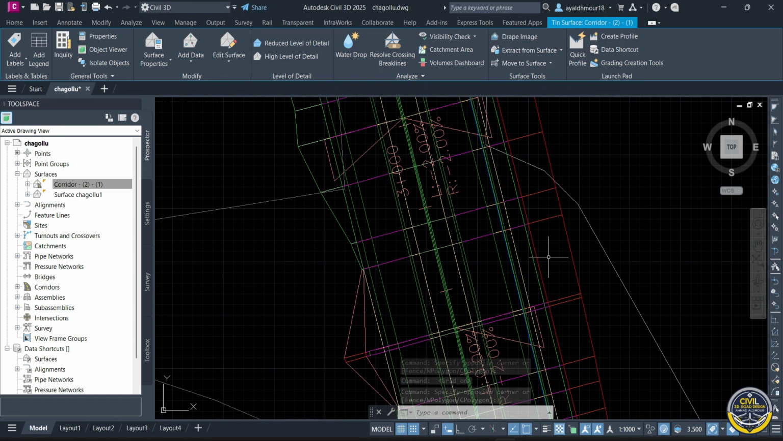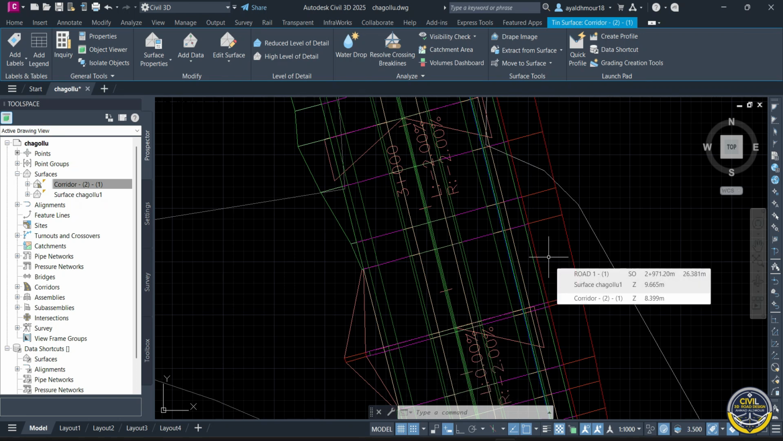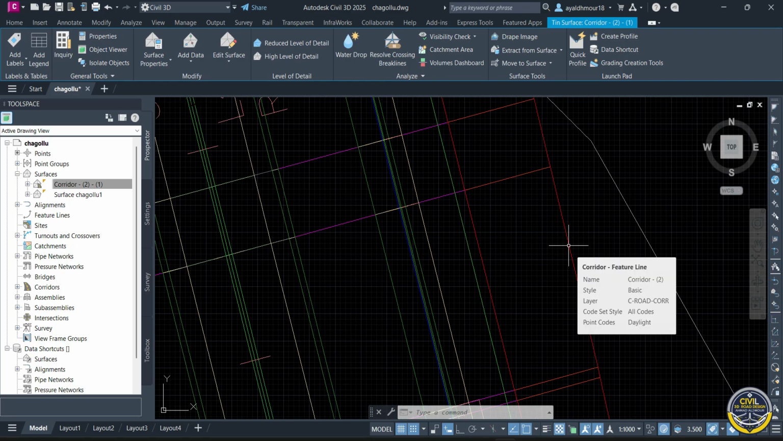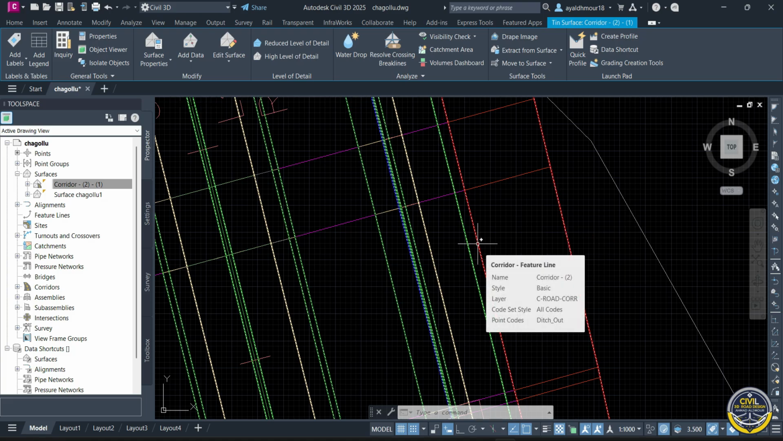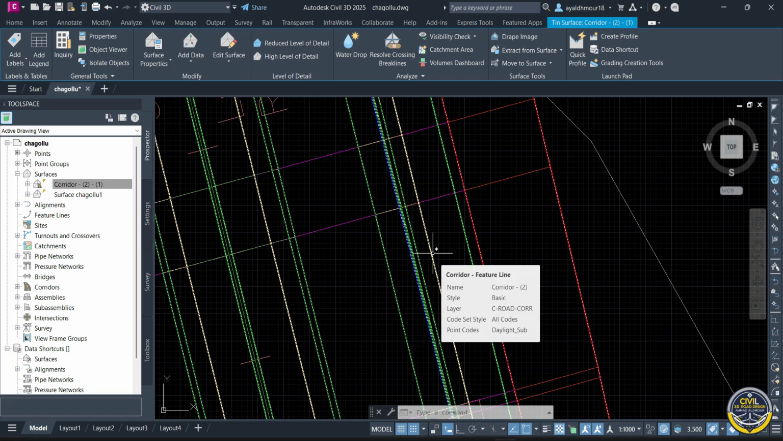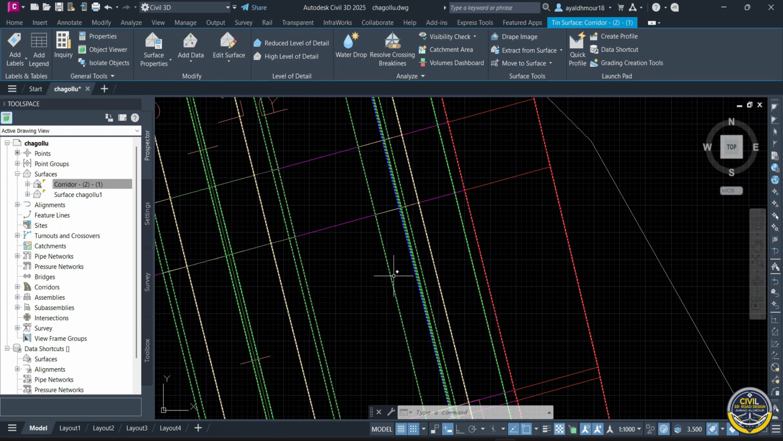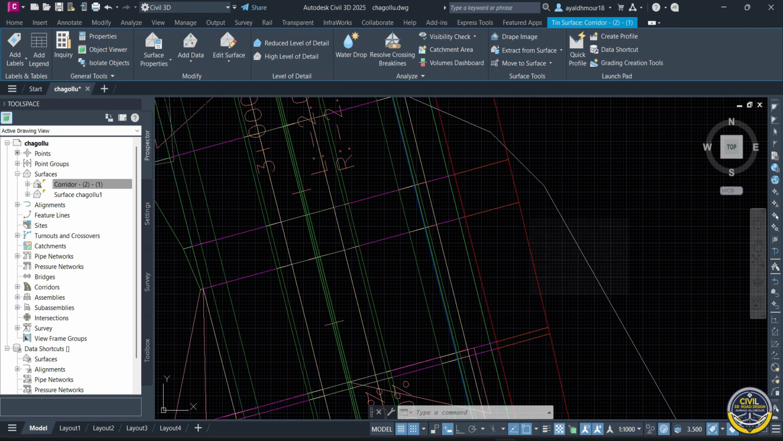The feature we see now is the corridor itself, which consists of a set of lines. When we hover over it, we see the style used. Code set style, all codes and point codes as daylight. We notice this line represents the daylight, and this line ditch out, ditch in, sub daylight and EPS and crown, and so on. Select the corridor